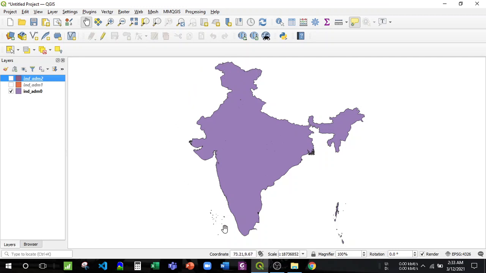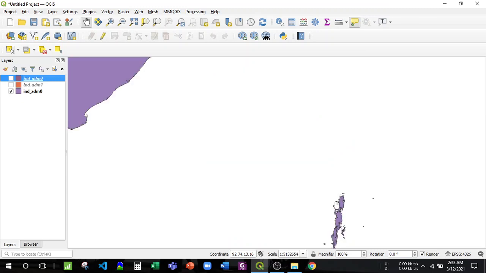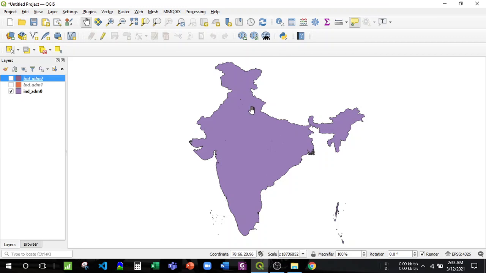So while professionally doing any work in QGIS, make sure that you include the overall Indian map with the Kashmir part as well. All the data is available with me, downloaded from government data. If you need this data, you can comment down below.